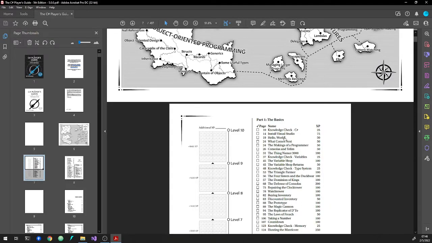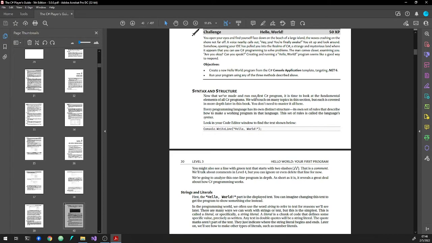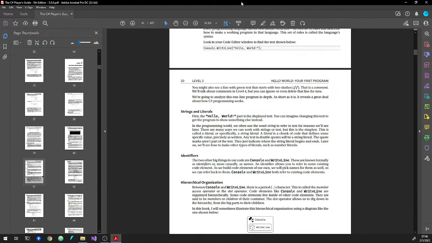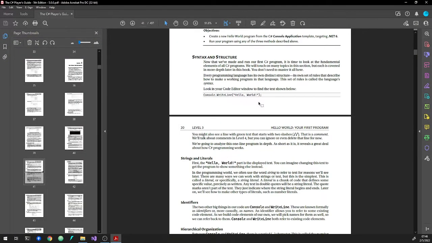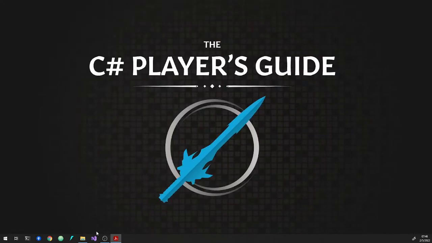So the next challenge is Hello World. All this is asking us to do, I'm not going to read this, you can read it yourself if you're going through the book, is basically open up, make the default program and run it. So it's pretty straightforward. So I'm going to come in here and I'm just going to say,